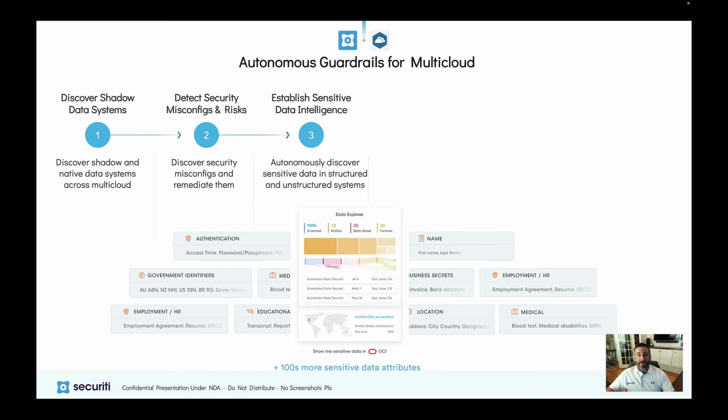Now we can do the heavy lifting of automatically identifying all of the sensitive data, including hundreds of sensitive data elements and preferences of users. We can scan both structured and unstructured data systems for a complete view. And then on top of that, we'll create what we call a people data graph to map personal data back to individual users. Then we can enrich that with a wide range of privacy and security metadata, such as purpose, retention, and more. And essentially, it's a master map that provides granular insights into all of your sensitive data.